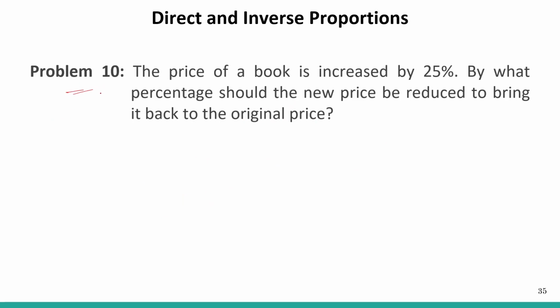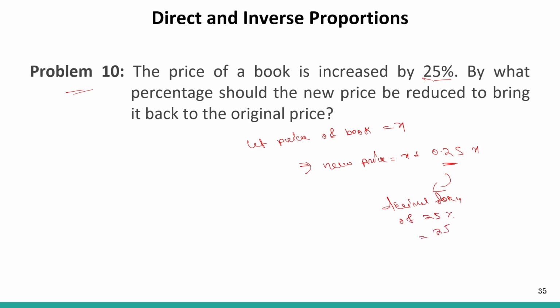So let's see problem number 10. Okay, so the price of a book is increased by 25%. Let the price of the book be equal to X. So this implies that the new price is equal to X plus 0.25x. So 0.25 was multiplied here with x, because it is the decimal form of